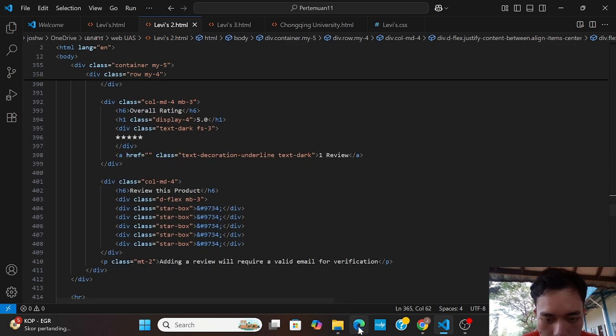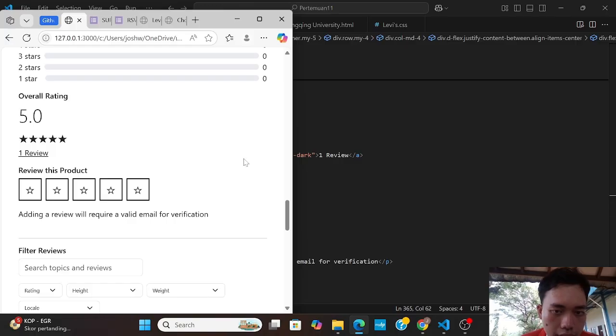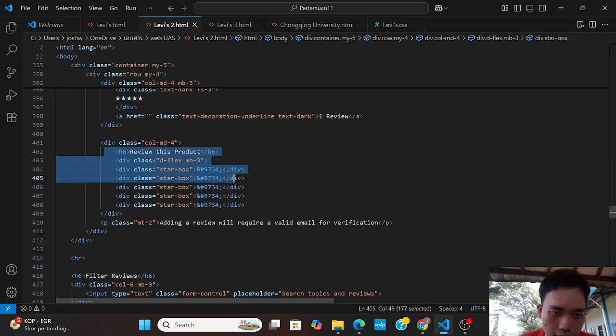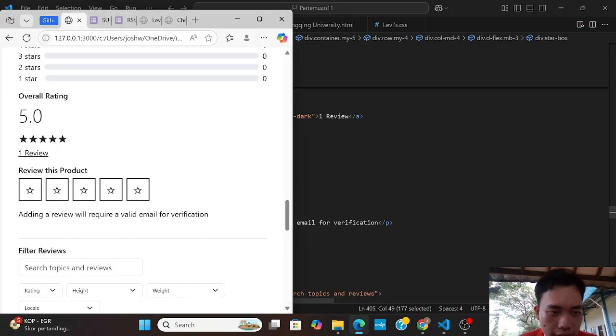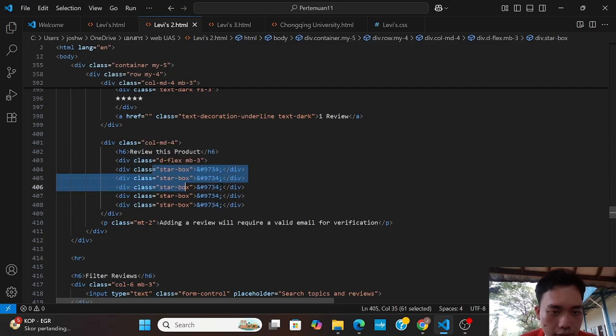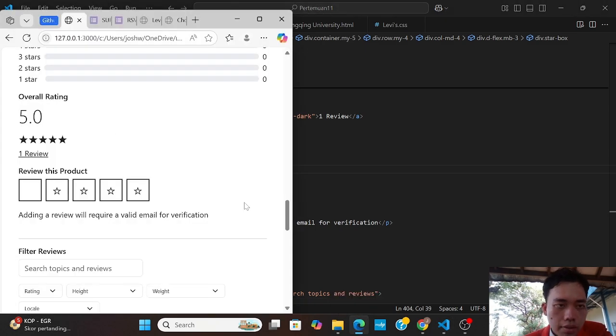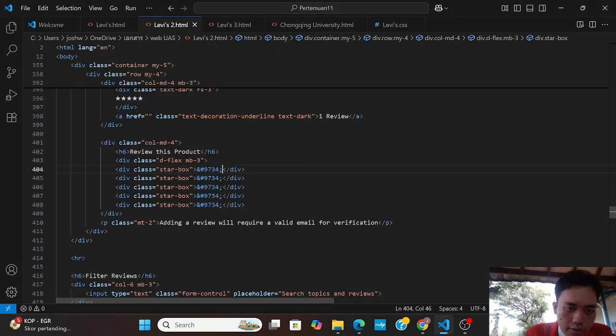Let's go to another part. Rating. I just put 5 stars, and the color is dark. Dark means black. What's this? They are stars. So I made a star class, and this is for the star. When I delete this, the star will disappear. This code is for the star, and for the star class,